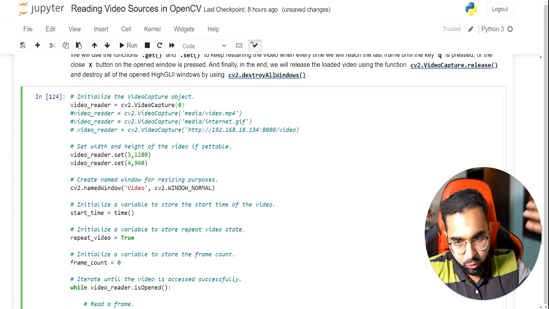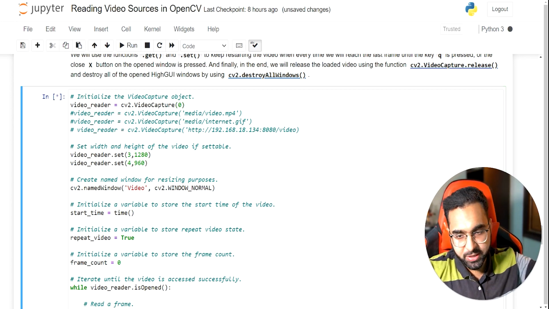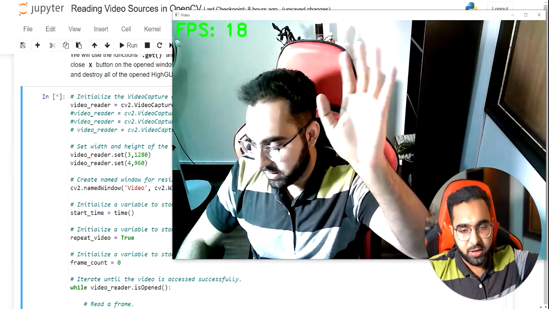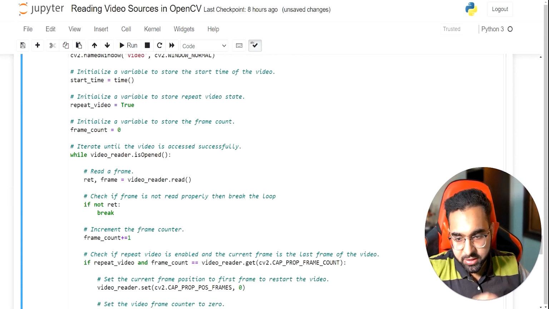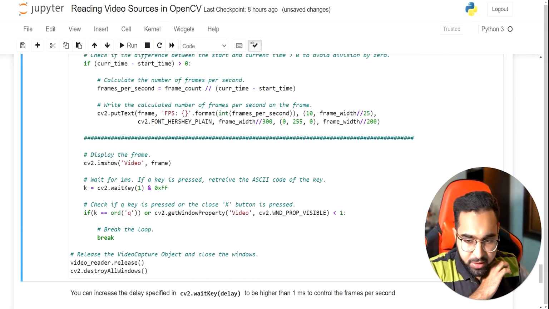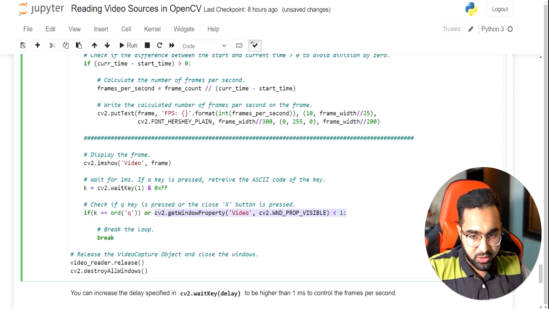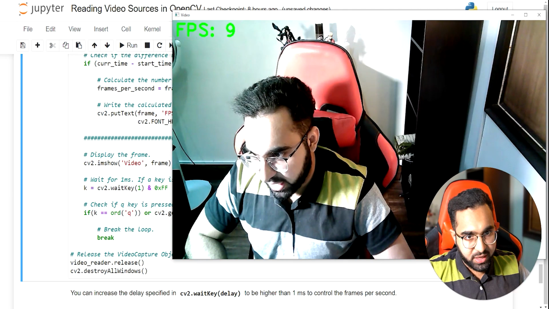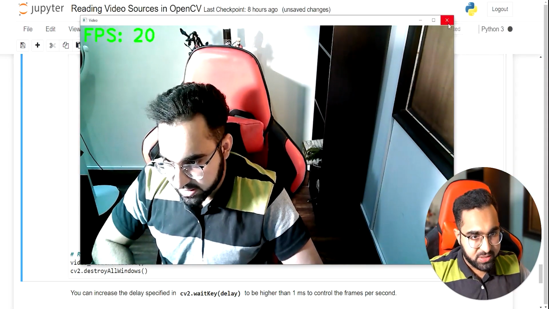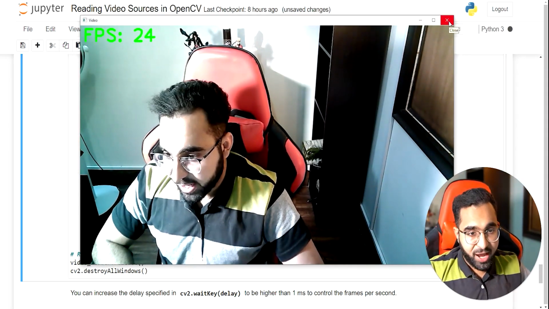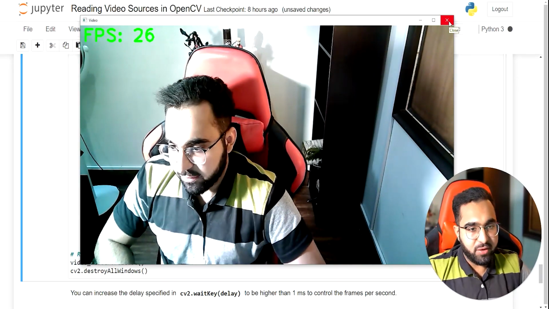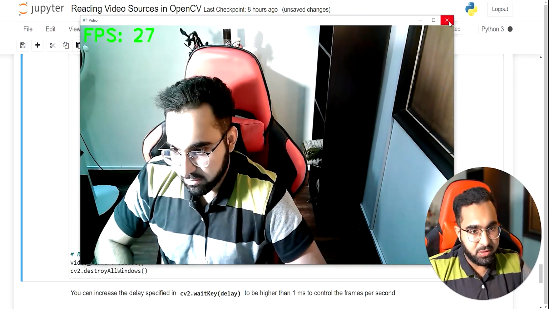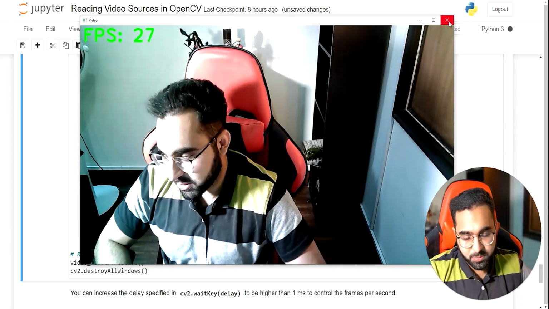Anyways, I want to go back to my default webcam, which is the one here. And the other thing I have that I don't think many people know is that you can also do something like this. So I can exit if I press the Q button, or I can also exit if I close the window by pressing the X. If I press this X button, the window will close. And you might think, okay, I've been doing this on a Windows PC forever. What's so special about this?